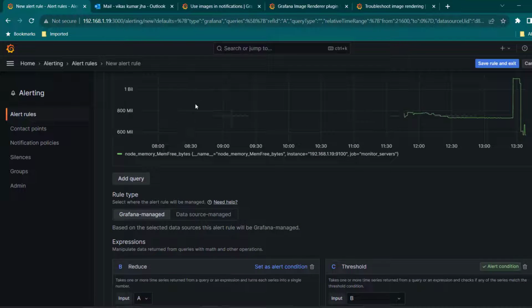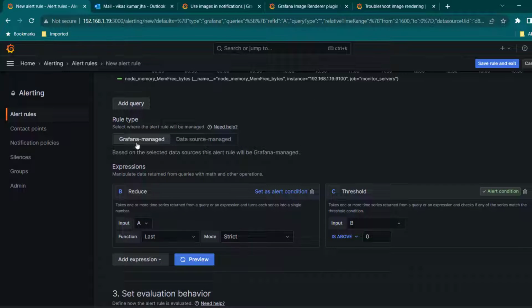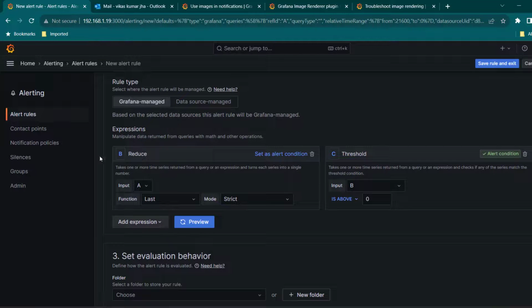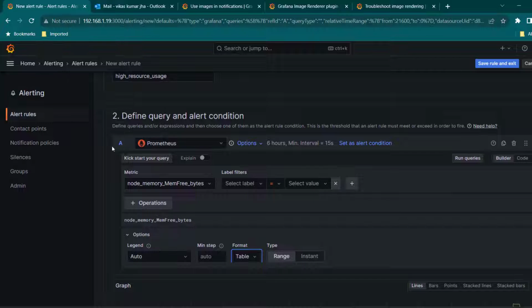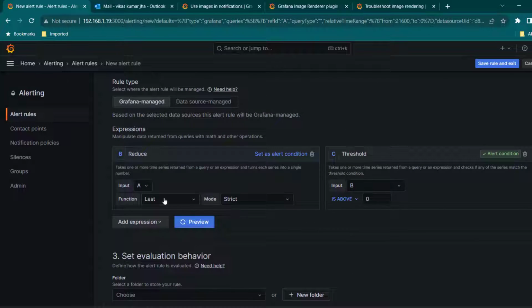Now if you want to add more queries, you can do that by going to add query, but for now this is okay. And then we are going to go to the B section. So the first query is called A, and then in the B section, if you want to apply some function, maybe some grouping or min, max, you can apply all those things. For the time being, everything looks okay, so I'm going to move on to threshold, and here you can see